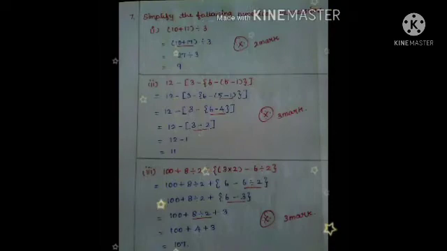Okay, don't be confused: the order of operations means first we want to do the bracket. If there is any bracket in the question, first we want to complete the bracket only. Next only we start with division, multiplication, addition, and then finally subtraction. So 10 plus 17 divided by 3: first I complete the bracket portion. 10 plus 17 equals 27, divided by 3. The answer is 9. This is a very important 2 marks sum.